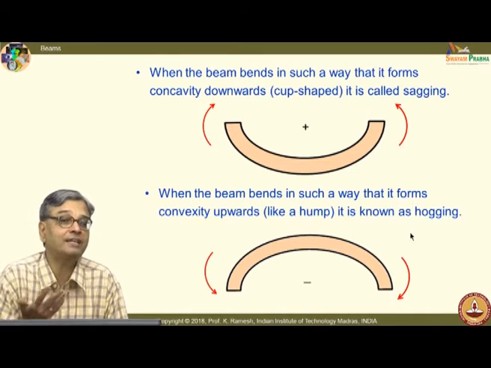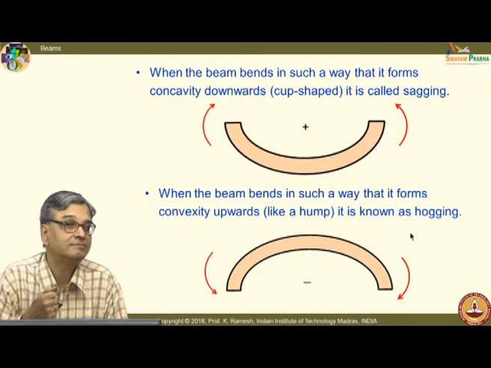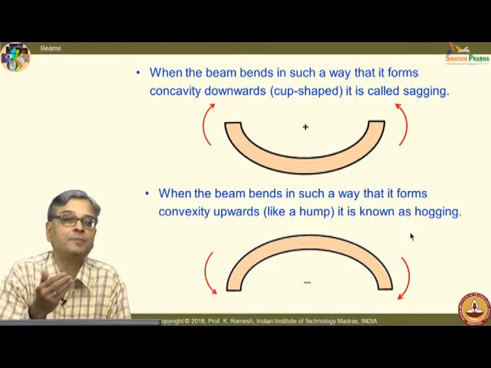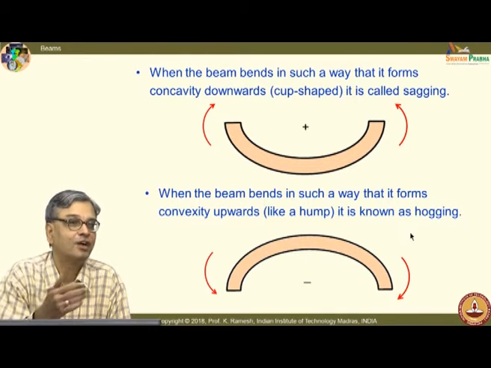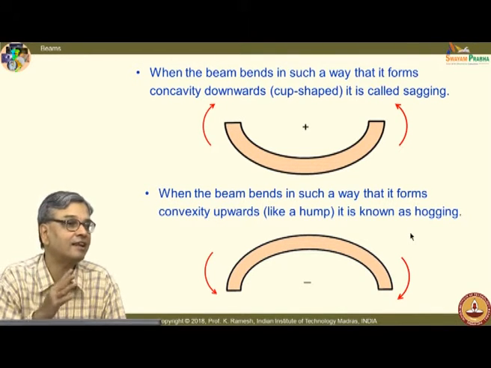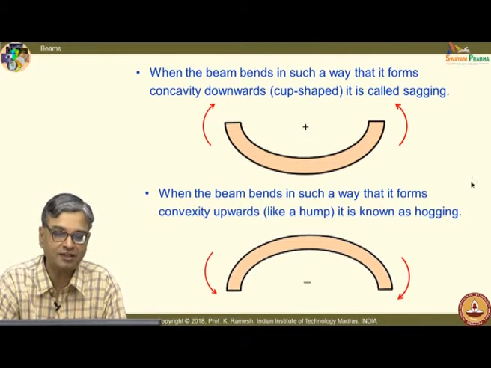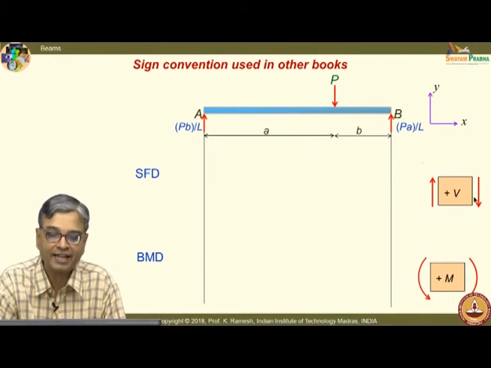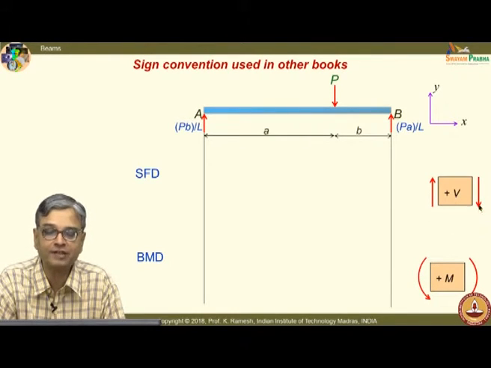Can I have one more sign convention possible? We have seen two sign conventions. The sign convention by Merriam and Popov was intermediate. I could have another sign convention which is totally opposite to what is Crandall and Dahl. So, the third sign convention what you can think of is, I can have shear force like what is there in Merriam and I also change the bending moment. Clockwise is positive and anti-clockwise is negative.